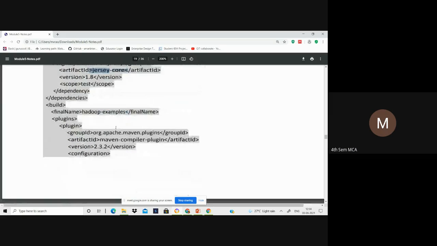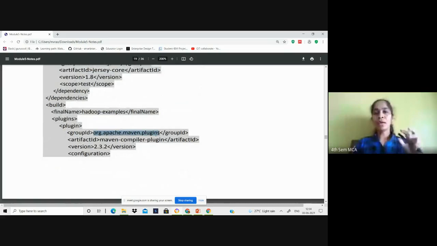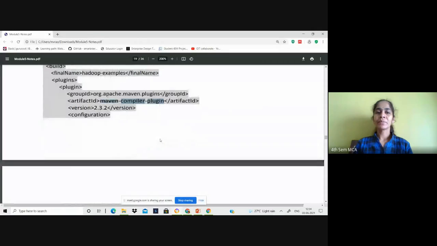And finally, you have some Maven plugins. If you want to complete the entire set of dependencies, if you want to get all your code to be compatible with your Maven application, with your Maven environment, you have to add some plugins also. You have to bring some plugins into your local environment, that is Maven compiler plugins, right?